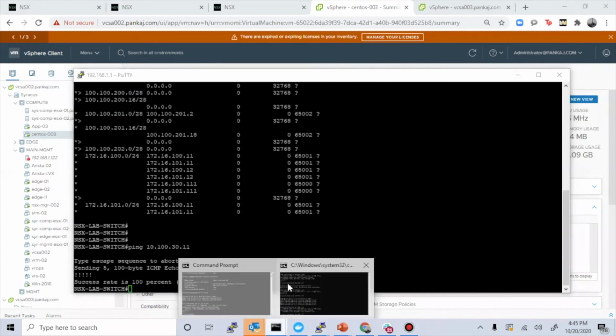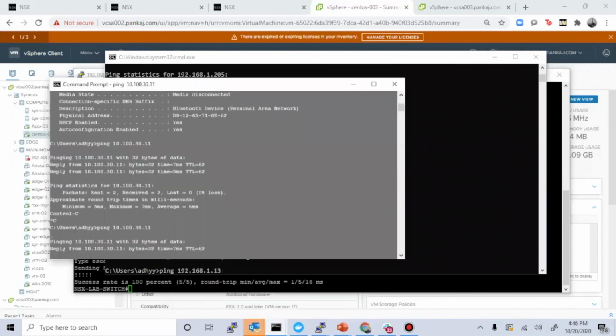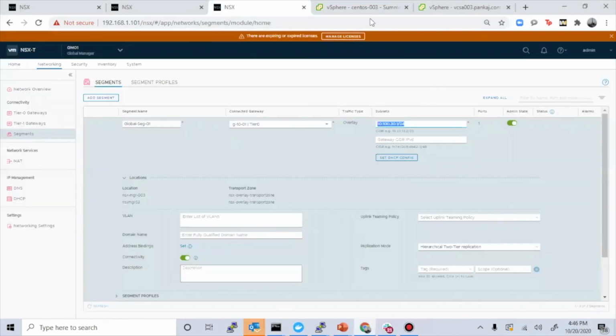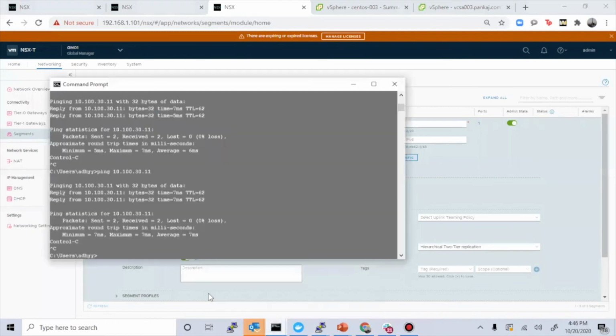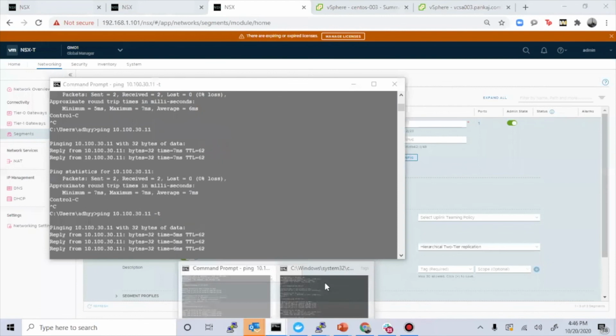If I ping from my laptop, it should be pinging. It's pinging. Okay. So this way we can see that we configured the respective local NSX manager from a global manager, and whatever we implemented has been replicated to both the data centers, and we are able to reach the workload. We can do one thing. Let's say we are pinging it continuously with -t, and if I go and trace it,